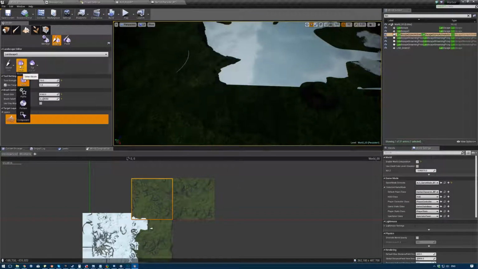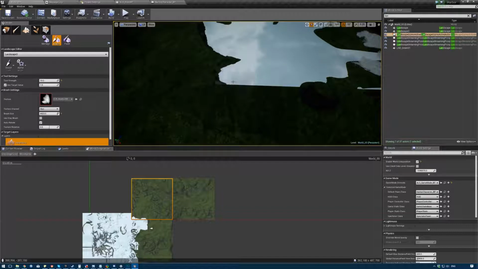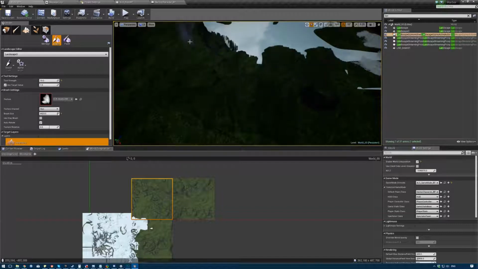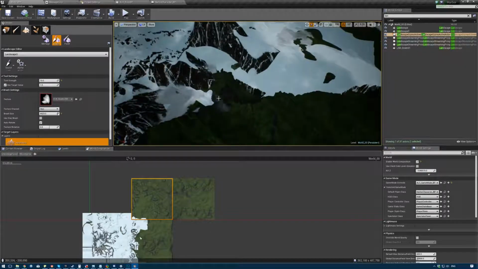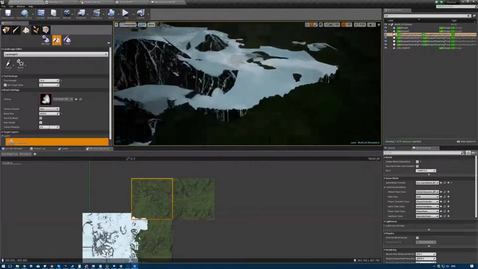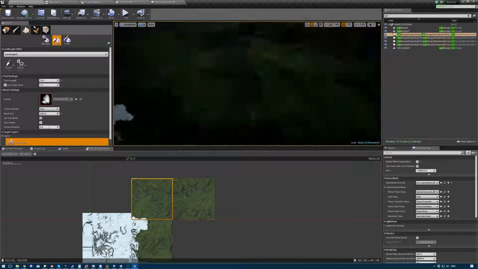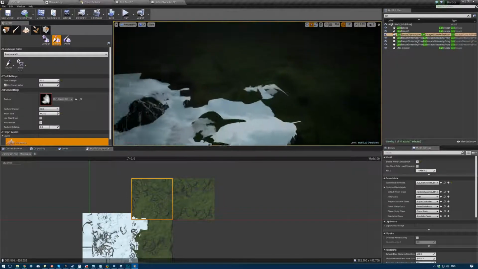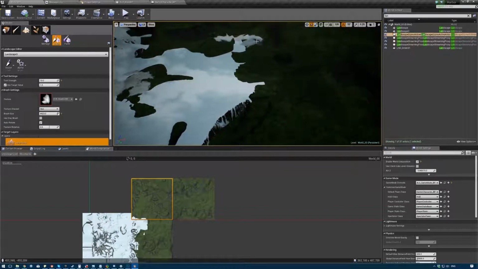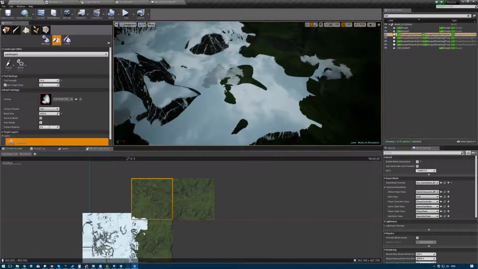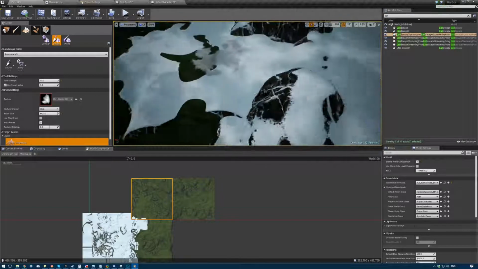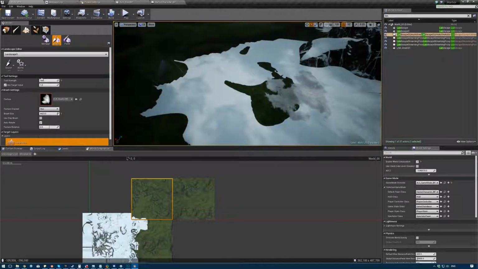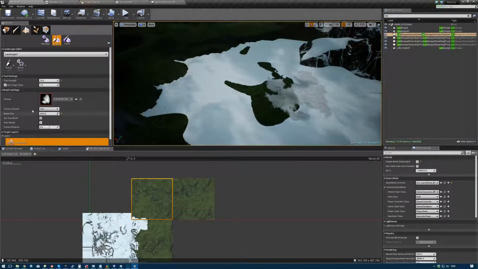So we can do the same thing, just push it down, and as you can see, instead of just one straight line, we're creating a more interesting overlap. And now what I can do, once the border is fixed, is go to the sculpt, decrease my tool strength,